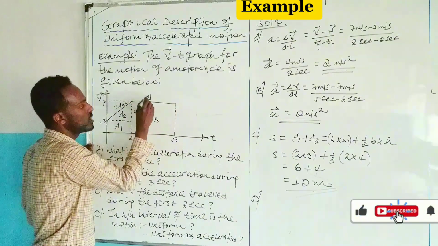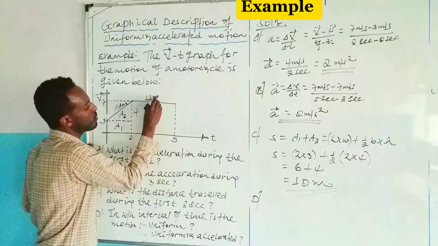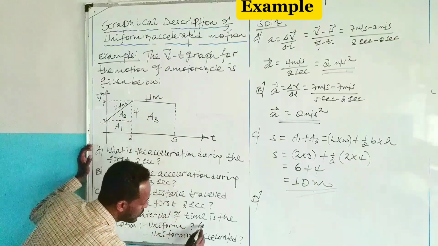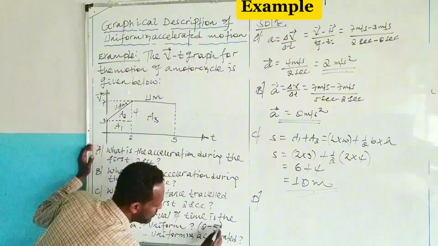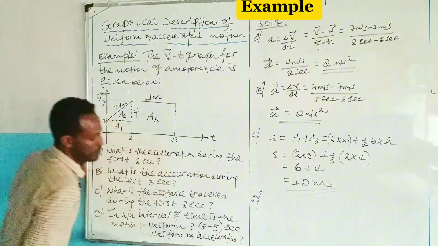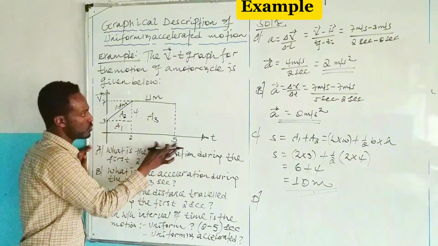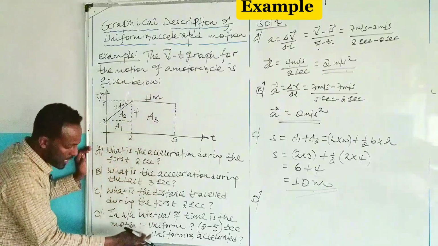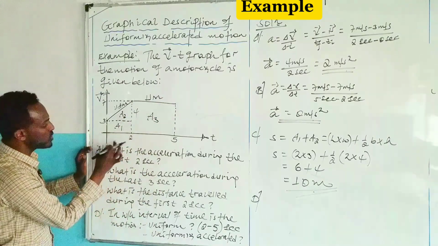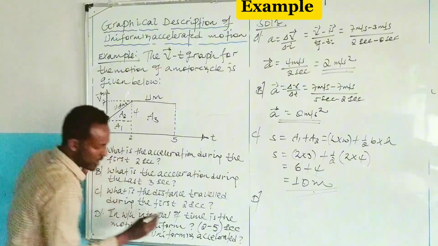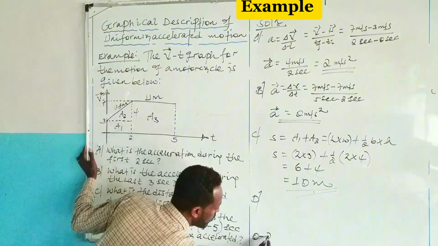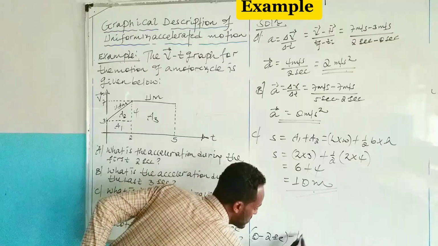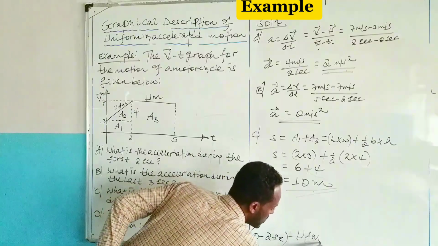So the motions of a motorcycle is uniform motion. ስለዚህ uniform motion ላይ between 2 and 5 seconds ከ2 እስከ 5 ባሉ ሰከንዶች already the motions of a motorcycle is uniform motion and in the case of uniformly accelerated motion between 0 up to 2 seconds ከ0 እስከ 2 ሰከንድ ባለው ታይም ኢንተርቫል the motions of a motorcycle is uniformly accelerated motion ብለን